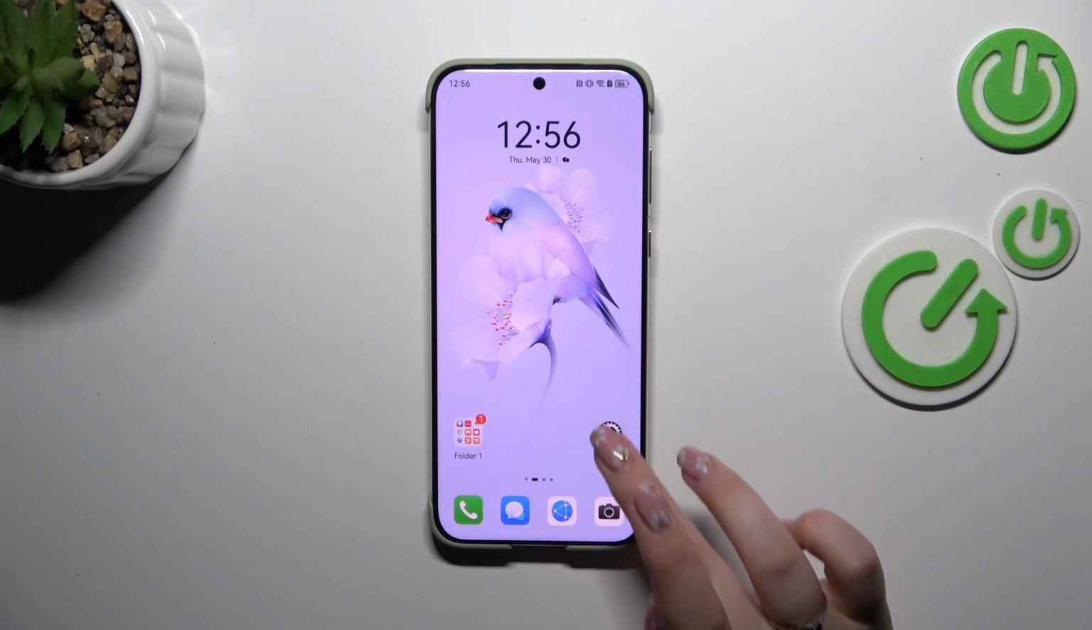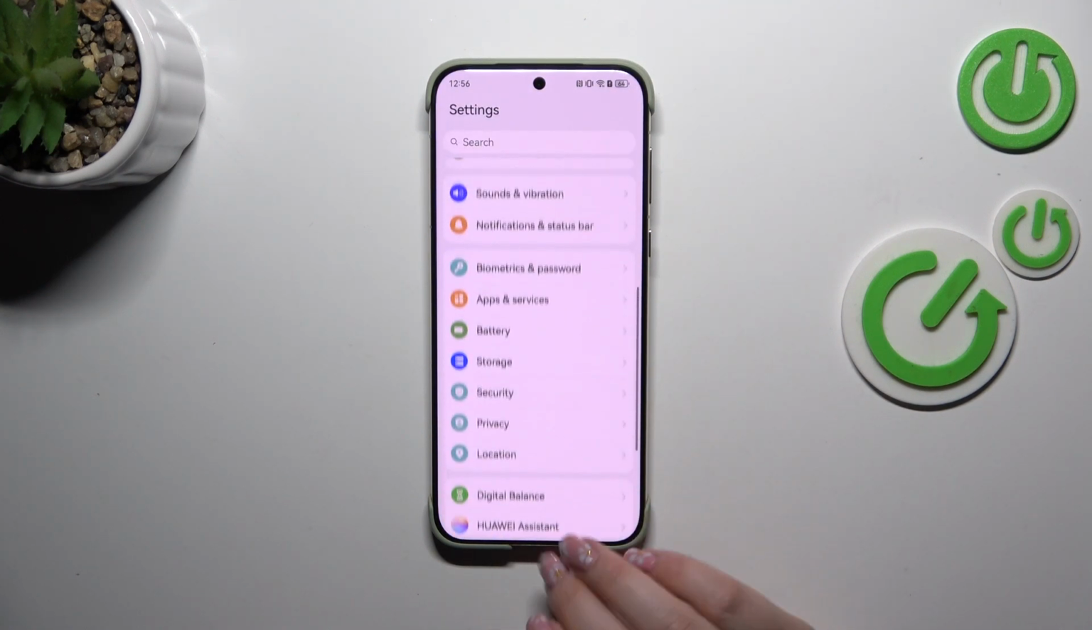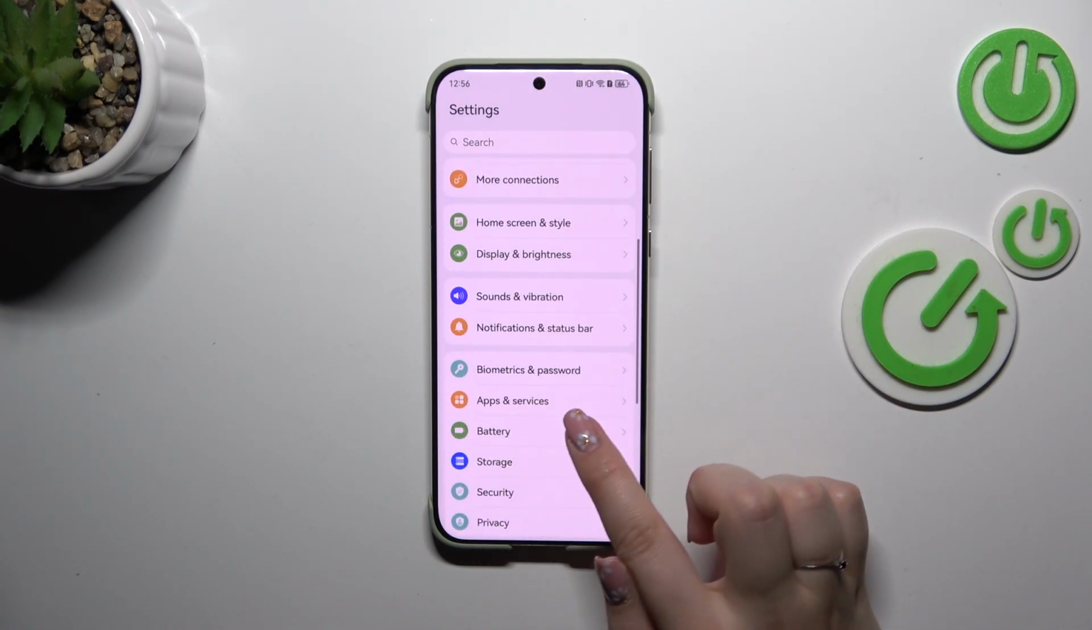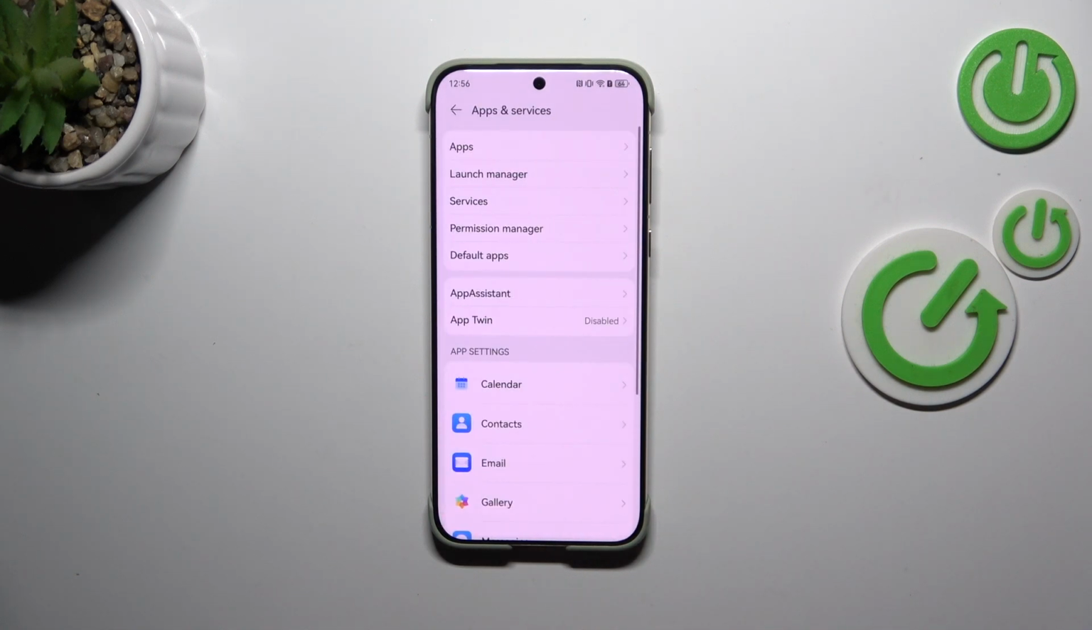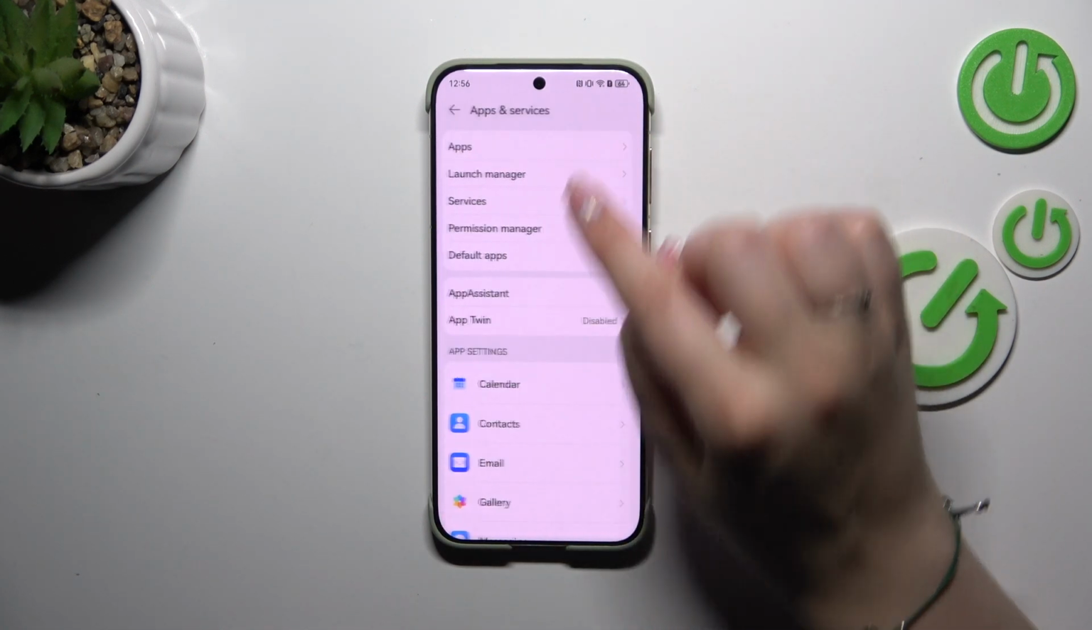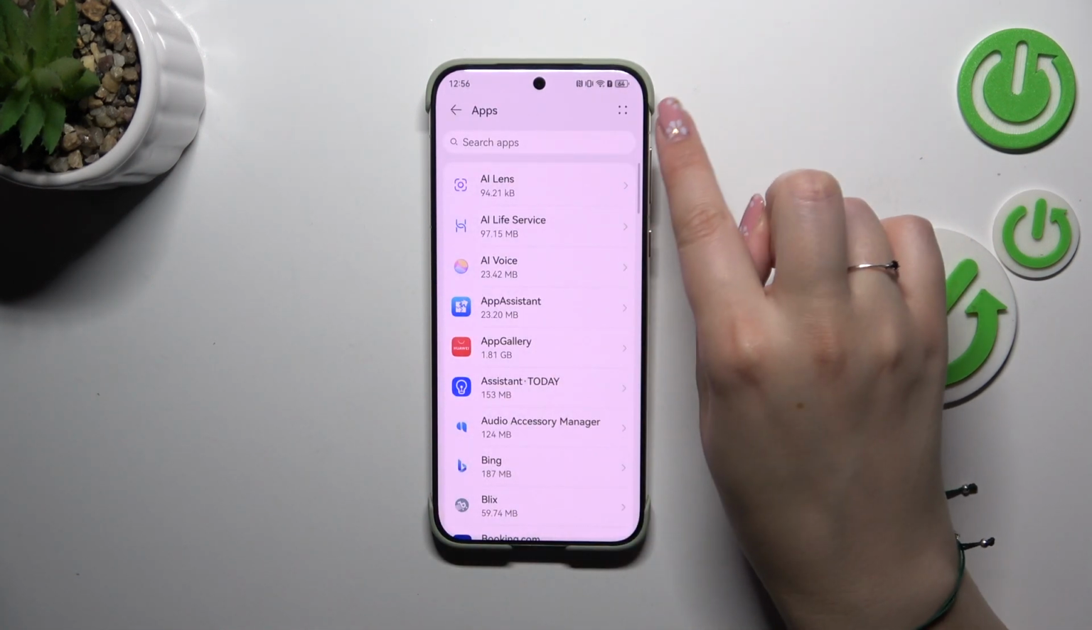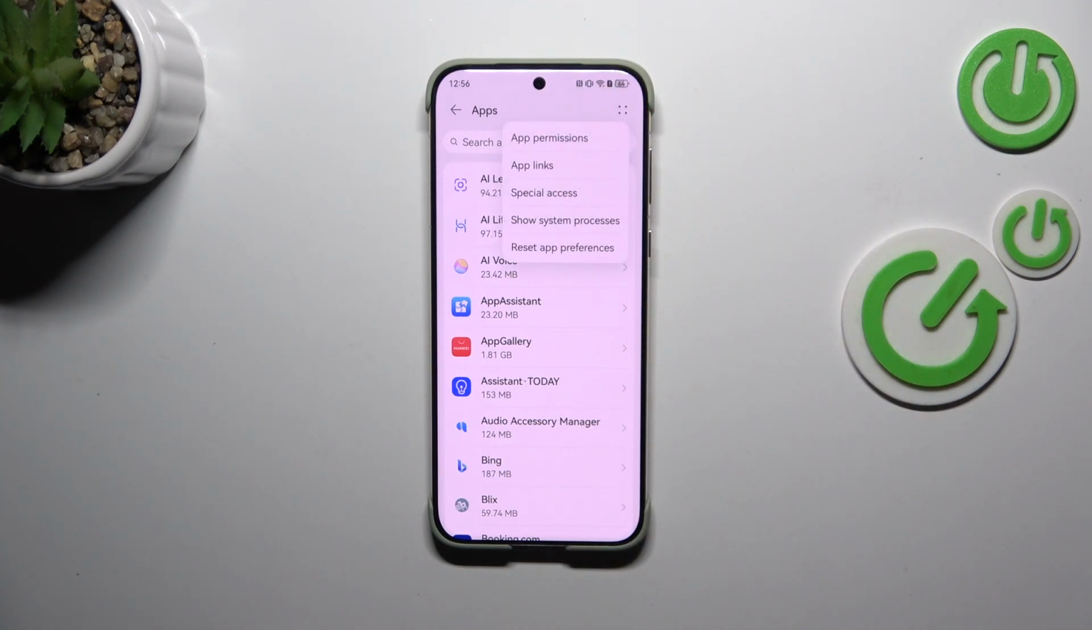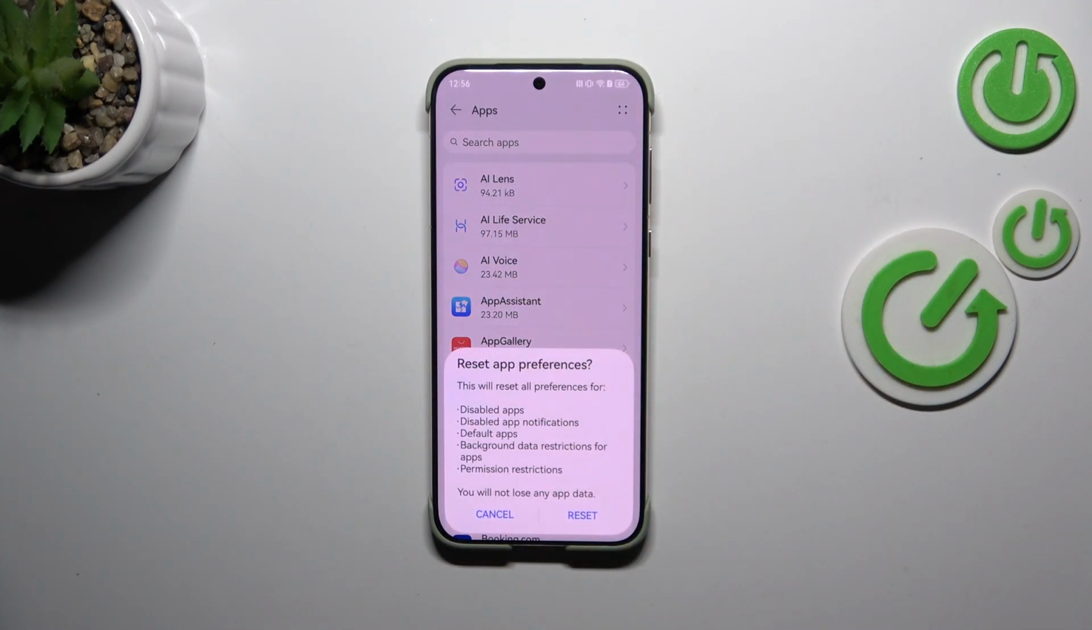So let's start with opening the settings, and here we have to scroll in order to find apps and services. Let's tap. Then let's tap on apps at the top and tap on the 4 dots icon in the right upper corner. At the bottom of this list we've got the option we're looking for, so reset app preferences, and here